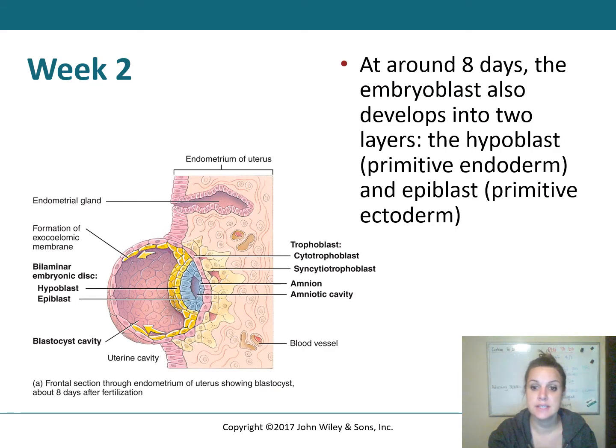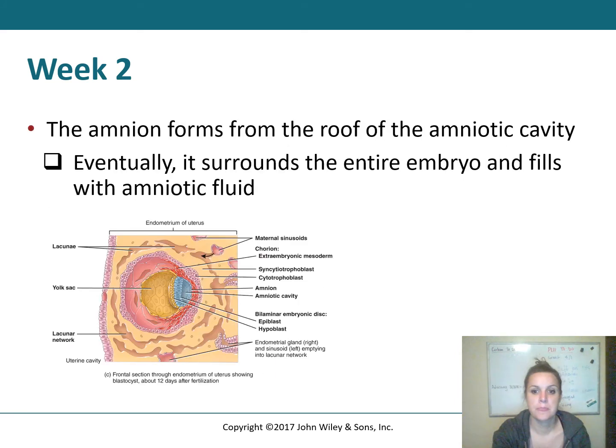At around 8 days, we start to see some differentiation. So we get two layers of cells called the hypoblast and the epiblast. The hypoblast is eventually going to develop into endoderm, and the epiblast is going to develop into ectoderm. You start to see the amnion forming, and that is going to surround the embryo eventually and get filled with